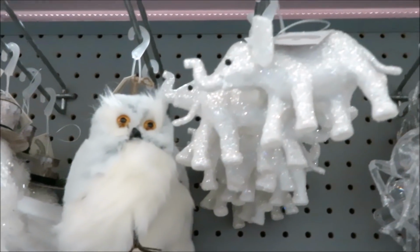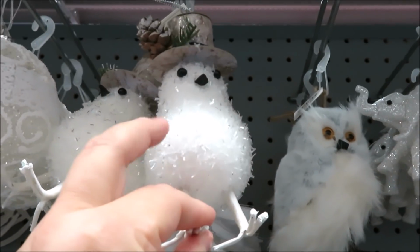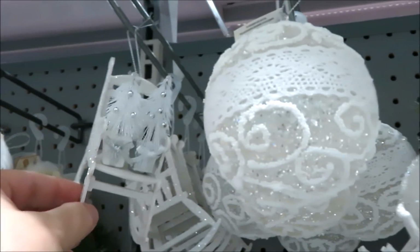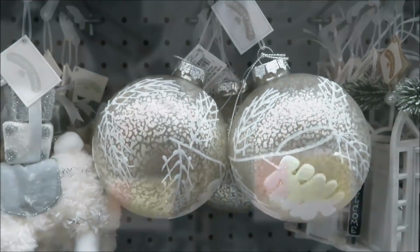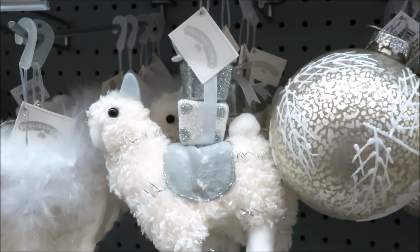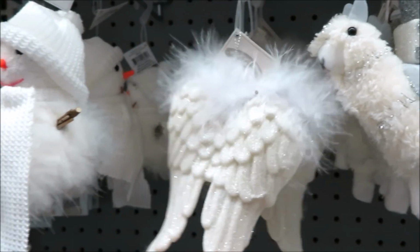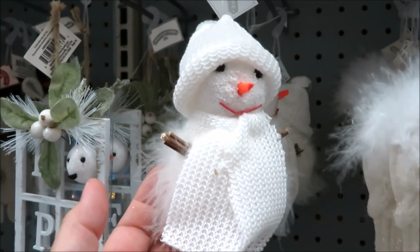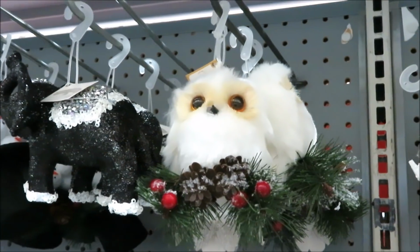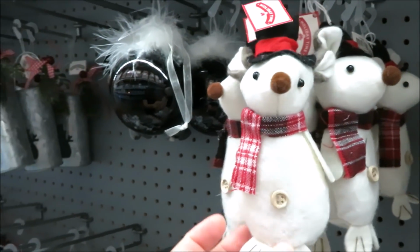Up here they've got the elephant and the snow owl. He's really pretty. They also have this little birdie, very icy with a winter hat. This one in lace, and then the rocking chair with some gifts. Some more glass ornaments, and then a llama with some gifts on his back, or maybe an alpaca, I'm not sure. They also have the wings in white, more feather detail, and a feathery snowman, and then the little window in hope. They also have another owl, and down here a little dressed up mouse, and now it gets into